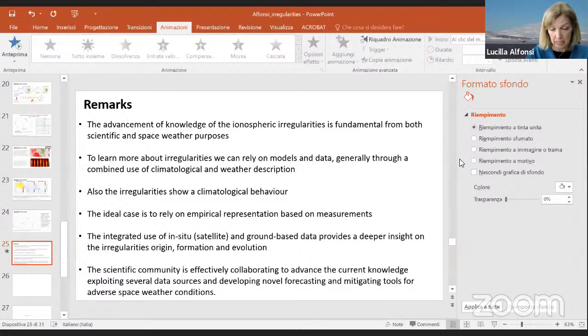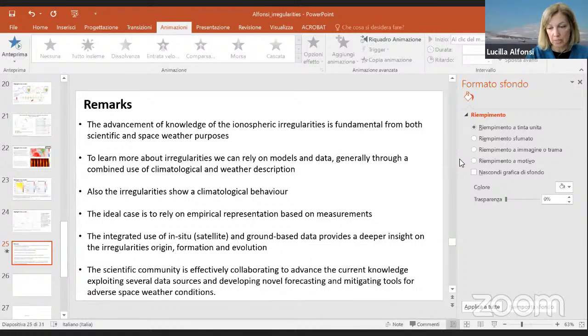Both these physical processes are due to the geomagnetic storm evolution. One is a prompt, very sudden reaction to the geomagnetic storm that induces the penetration of electric field from high latitude to low latitudes, and the other is a delayed effect due to the disturbance dynamo,